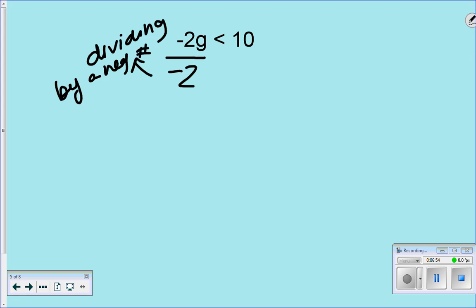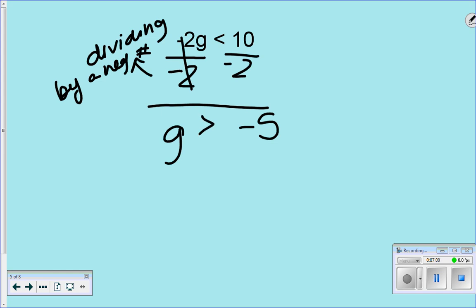Okay, and I got to do the same thing on the other side. See how this became a -5? The sign thinks it becomes a +5. That's why then I have to take this number and I have to switch like that. Okay. So if g is greater than -5,